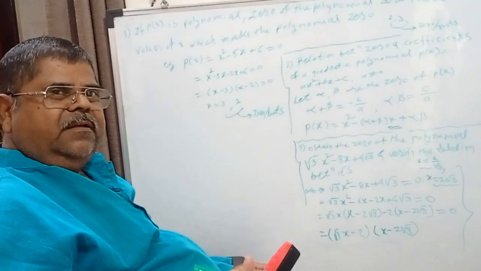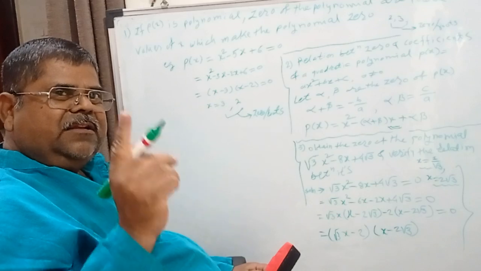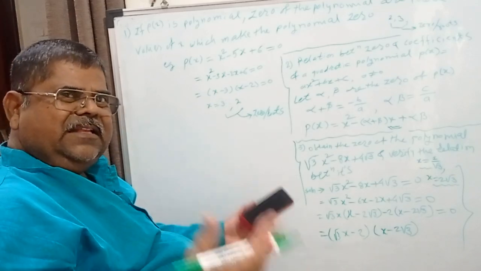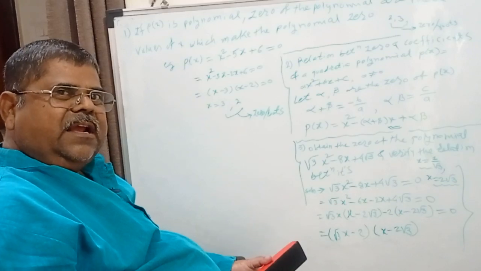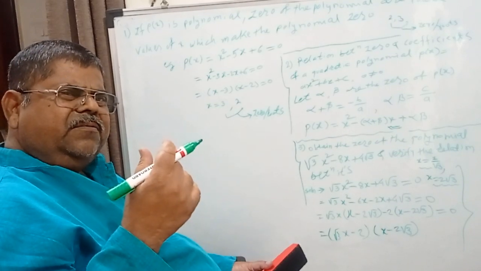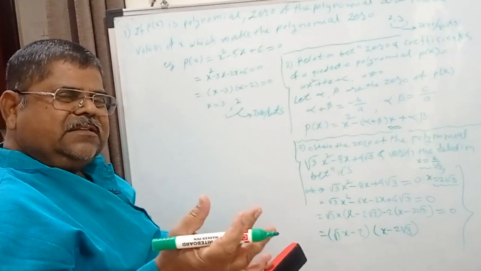Hello, good morning. 10th standard CBSE pattern mathematics, algebra. We have to study polynomials today. Very easy chapter. In standard ninth we have studied polynomials as well as quadratic equations: x square minus 3x plus 5 is equal to 0,